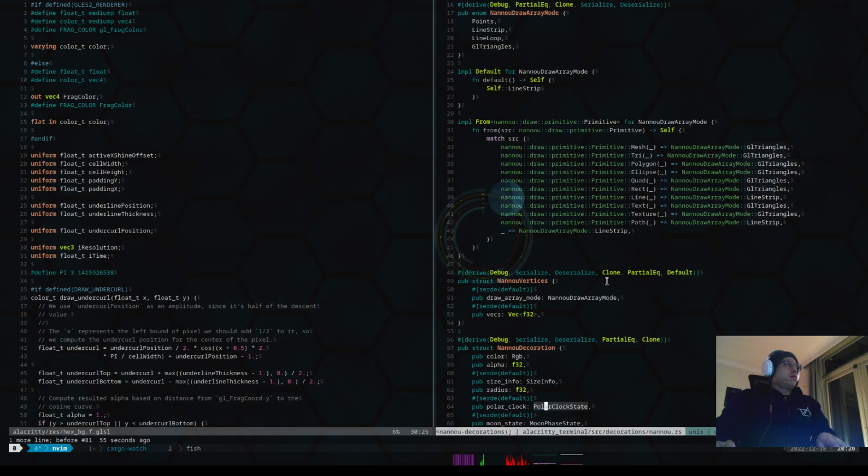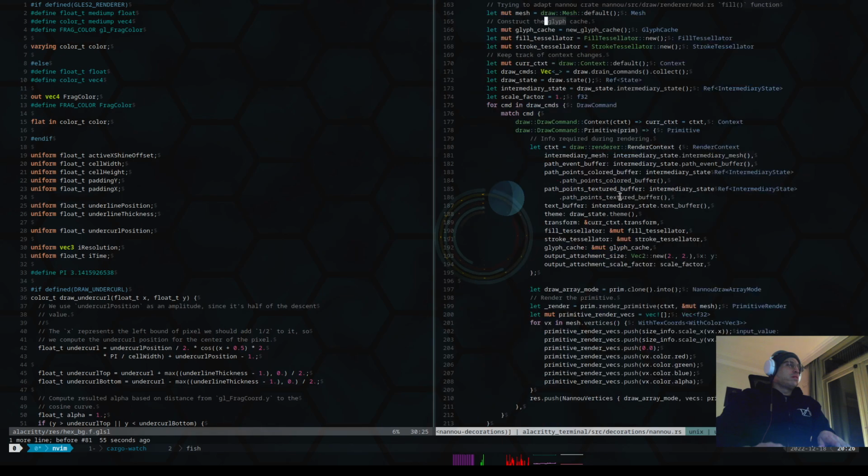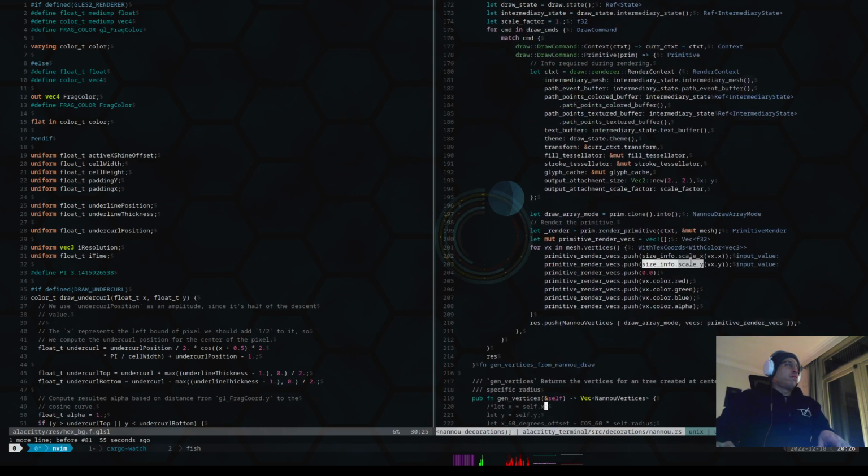So yeah, that is maybe the last trick that we have, this Nannou decoration. As I was saying before, we have this XYZ RGBA array drawing, and from Nannou I get the vertex.x. So basically I initialize the draw, I call certain draw functions, and then there are some primitives that are going to be generated in a plane from Nannou in its own state,